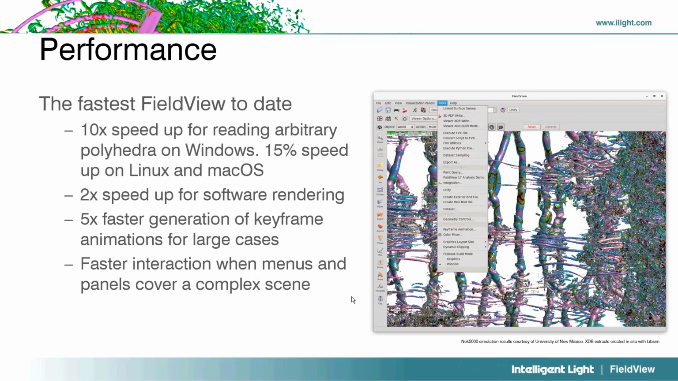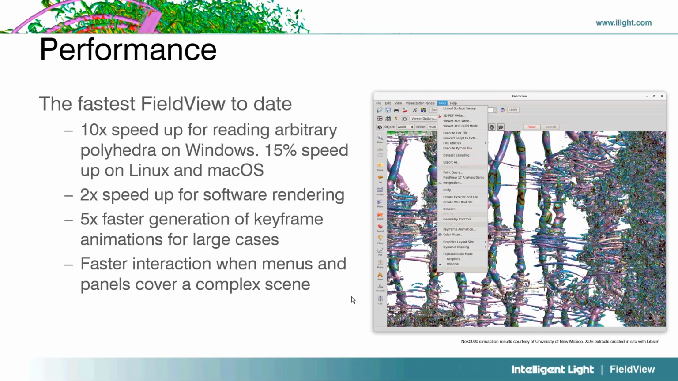All right, then, like with any new version of FieldView, we always try to make FieldView faster. We know that your grids keep increasing in size. We know that you always have to perform your CFD post-processing faster. So that's something that we always work on. FieldView 18 is faster than FieldView 17 in different ways. On Windows, it's 10 times faster to read arbitrary polyhedra,